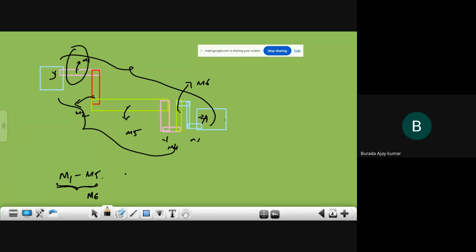Sir, if near pin A you already have a high metal layer present, what will you do at that time? For example, you have M9, right? And M9 is already used in this entire routing. So you cannot use more than M9, correct? So layer hopping fails here. Then you go with antenna diode insertion.